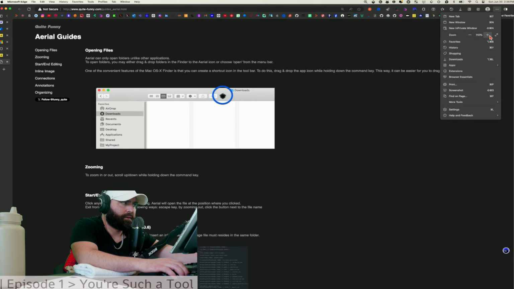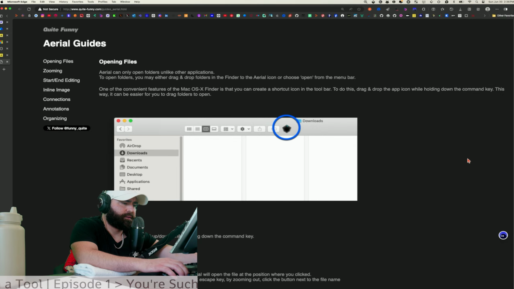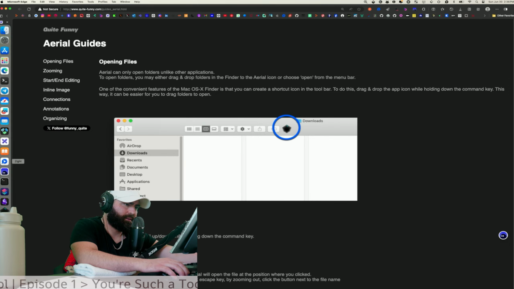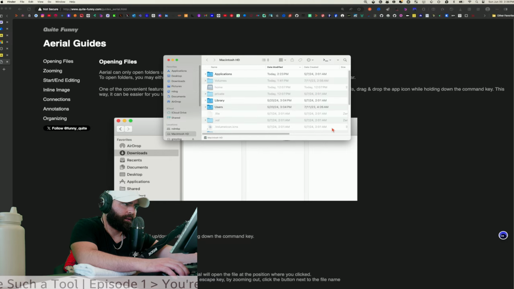Okay. Arial can only open folders, unlike other apps. To open folders, you may either drag or drop folders in the Finder to the Arial icon, or choose open from the menu bar. Really? I might have to add it.